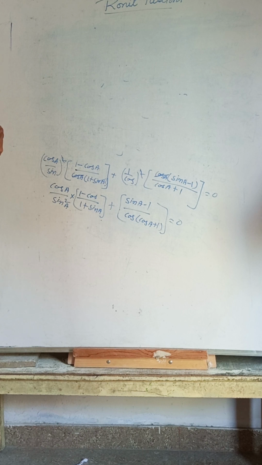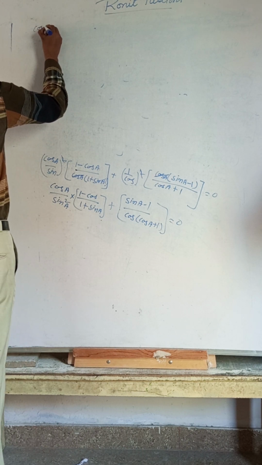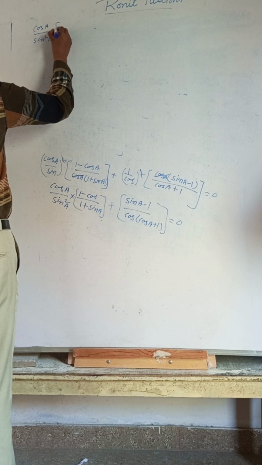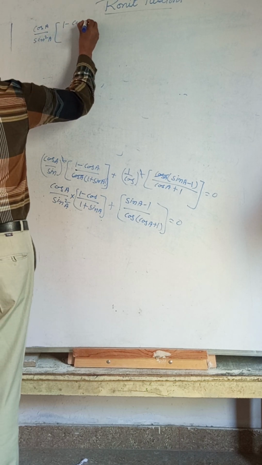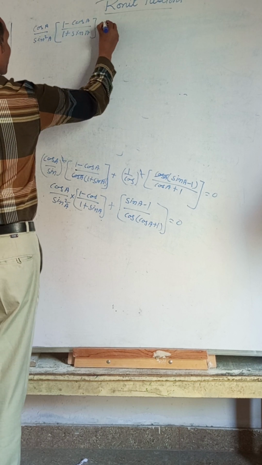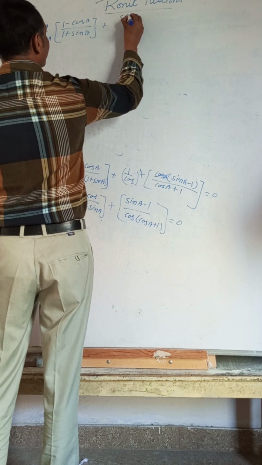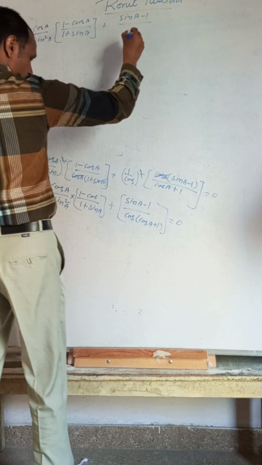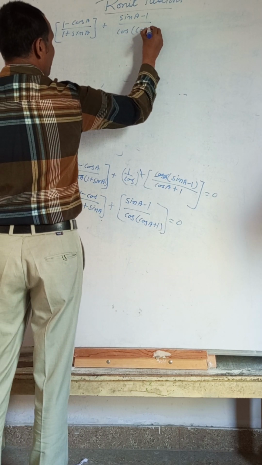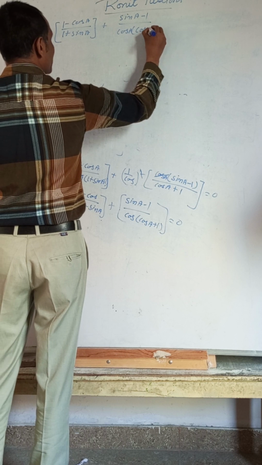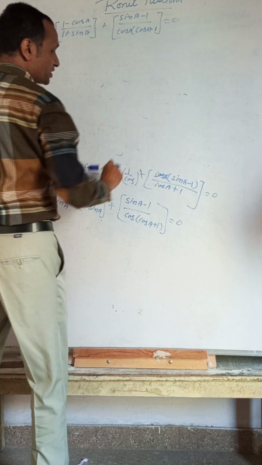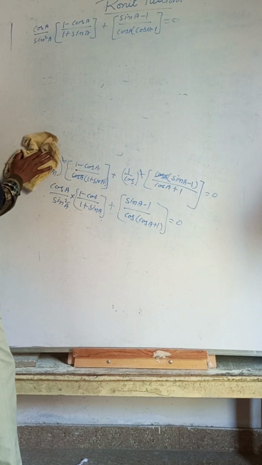Now we are writing this step upside once. Okay, this one writing upside. After that, erase: cos A by sin square A, bracket given 1 minus cos A by 1 plus sin A, plus sin A minus 1 by cos into cos A plus 1 is equal to 0. It is given. We wrote this step there.